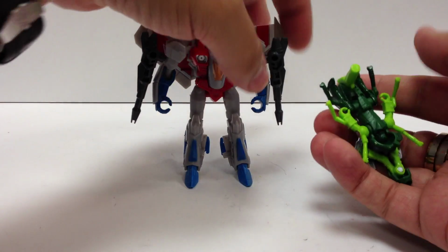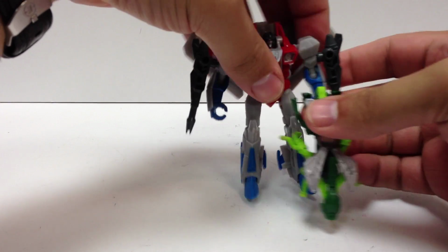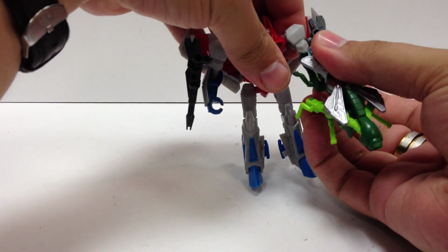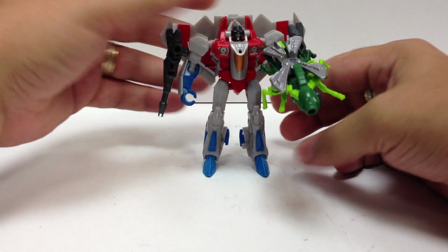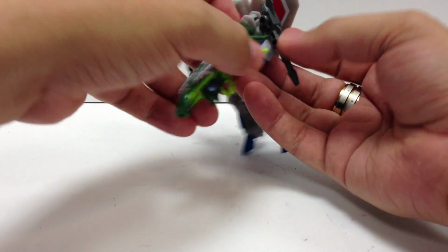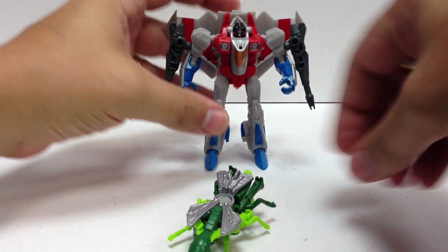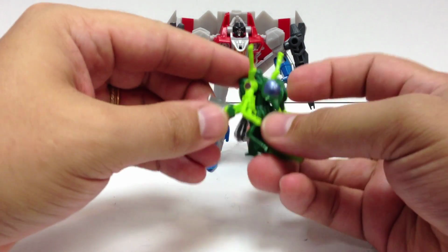And of course, he can hold Waspinator as a weapon. If you choose, you can have a little Waspinator cannon. Well, I guess Starscream kind of had the same kind of look. He didn't get blown up quite as much as Waspinator, but he still had that. Nothing ever goes right for me. So yeah. But it's nice to have a little Beast Wars homage